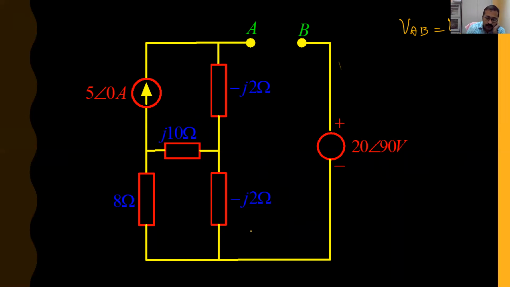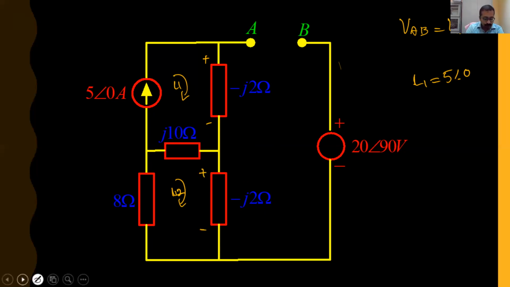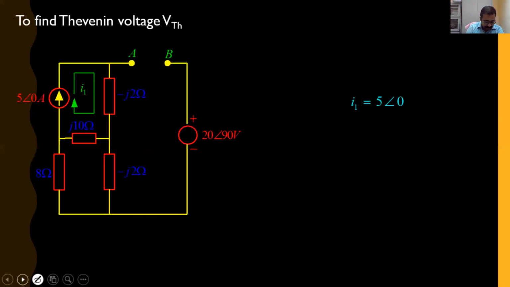Now we have to find whether there's a potential drop across minus J2 ohm. How can you find that? Mesh method, right? Take this as I1 and this as I2. It is evident this current source is common to this loop only, so straight away we can write I1 as 5 angle 0. Since current is entering at this point, this will be plus here and minus here. Now this loop current I2 is assumed to flow like this, so it enters minus J2 here and leaves here. So you can apply the mesh method and find the current.